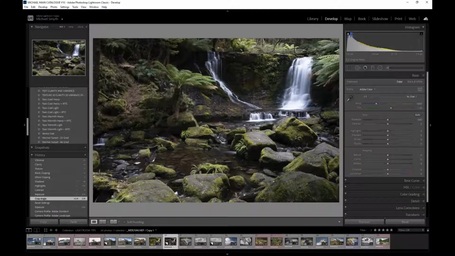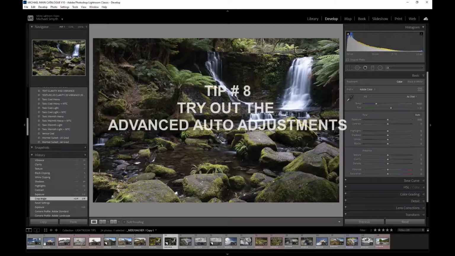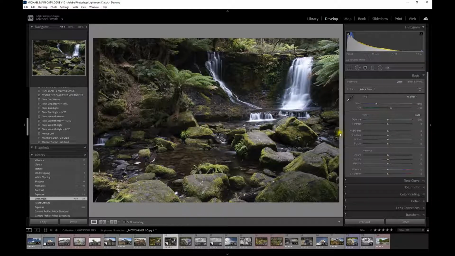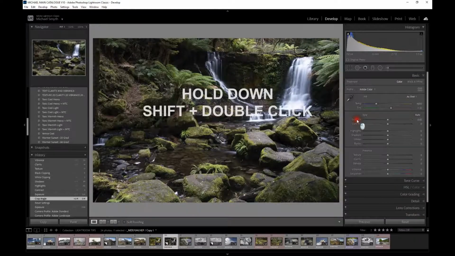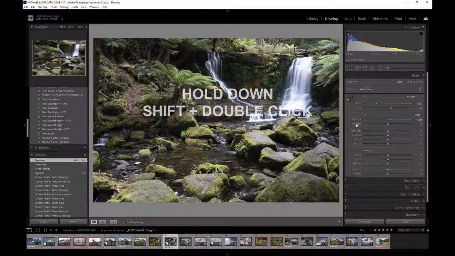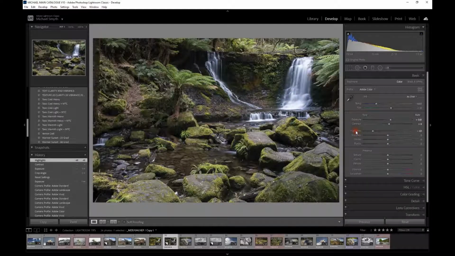Tip number 8. In addition to manually adjusting sliders or using presets, we can also experiment using Lightroom's advanced auto settings to see how it affects our image. Now in this image I've reset all the settings back to 0, and we can access the advanced auto settings by using the words that apply to each of the adjustments, holding down the Shift key and double clicking on each of these in turn will allow Lightroom to apply its auto settings,